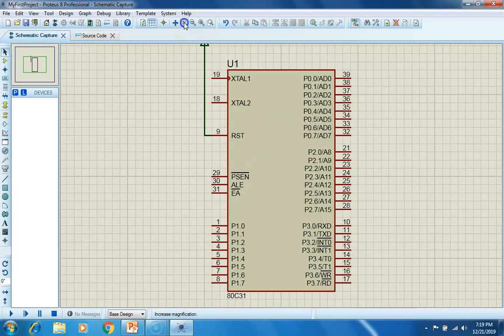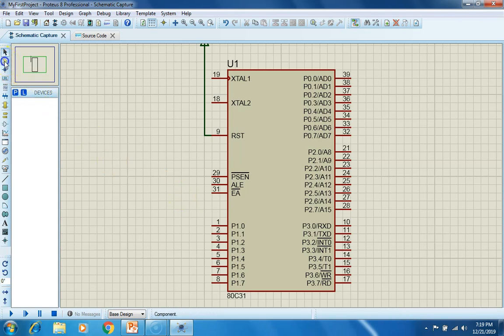Zoom in on this. In section 3.1, we created a hex file for blinking the LED. The LED is connected to port 1 pin 0.